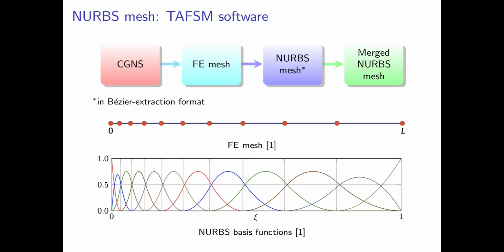In this video, I will explain how to transform a block-structured mesh into a NURBS mesh using TAFSM software. The whole process is summarized in this scheme. As you can see, the first block is called CGNS. It tells us that TAFSM software requires the block-structured mesh to be in the CGNS format, where CGNS stands for